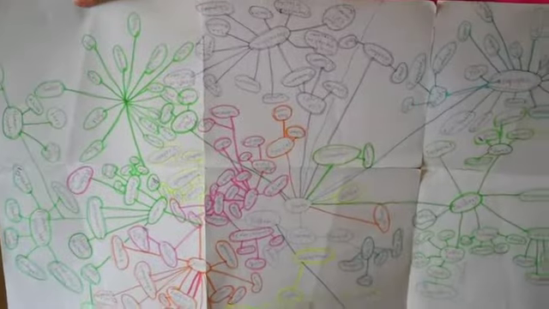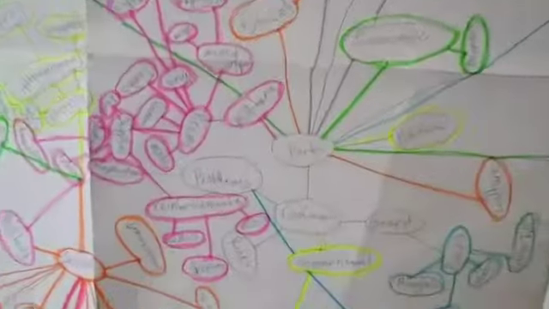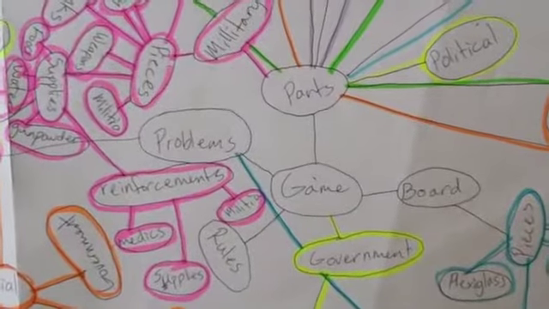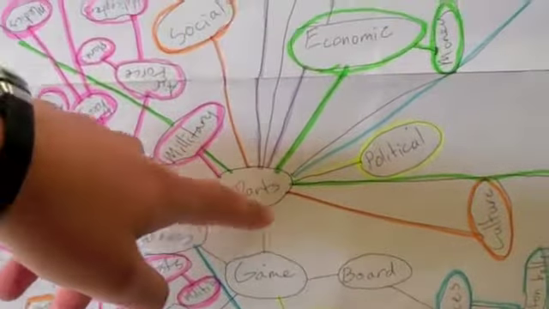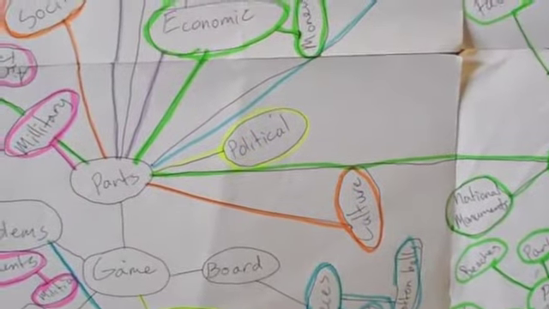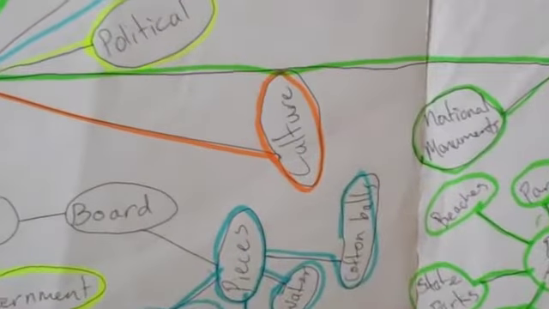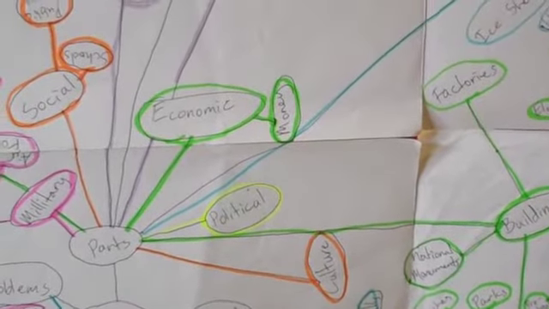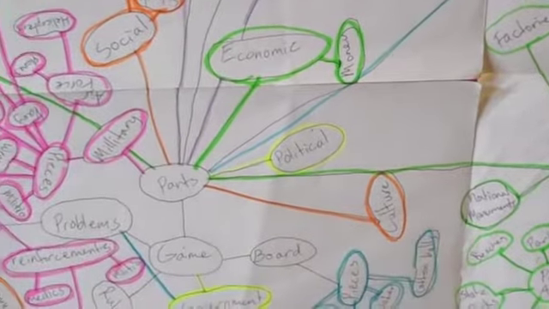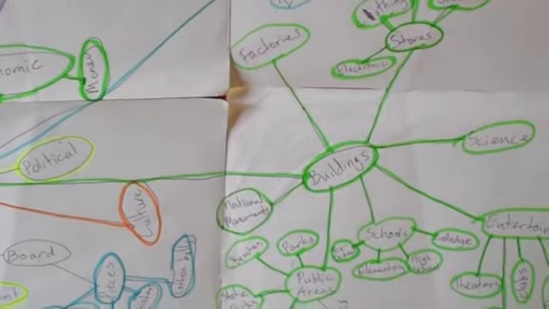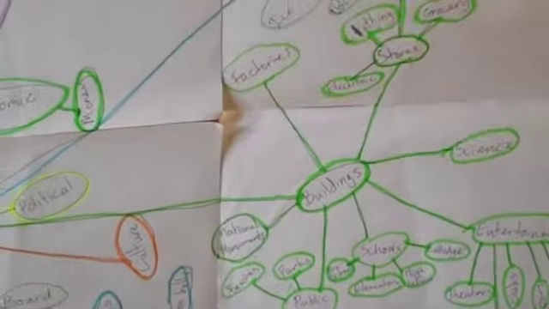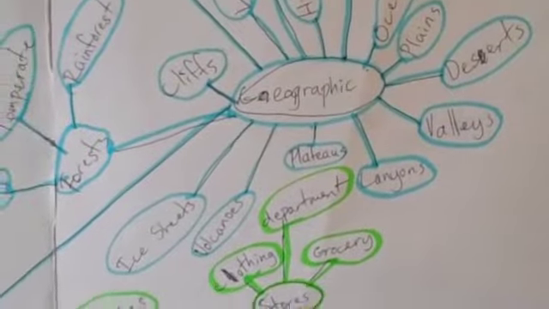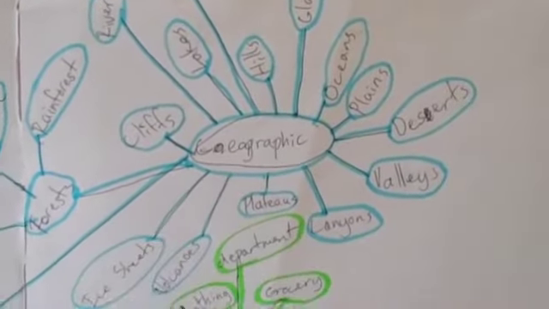This is my mind map, and basically it started with the game, and then it just sort of branched out into all these different parts of the game. There's the culture of the people in the game, and how that would maybe give rise to conflict or disputes about things. And then political, like how the government works and how that might affect how they act in the game. Buildings, different places on the board, because that can affect things too, like human relationships, geographic features, like mountains and valleys and oceans and stuff like that.